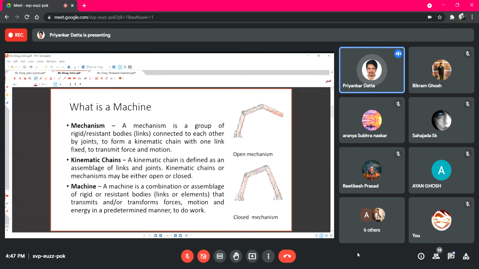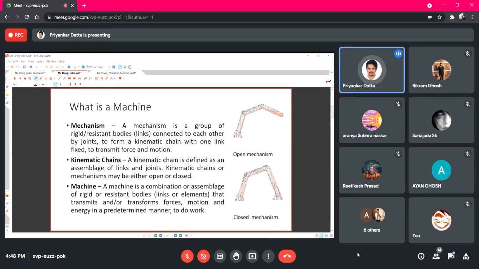And here, as you probably know, in reality there is no perfectly rigid body. At least some deformation will occur even if it is a very rigid body. But in most cases, when we consider it rigid, that means the deformation is comparatively very small, and the desired force or load can be easily borne by the component. So that way we define rigid. It is more of a resistant body instead of a rigid body.